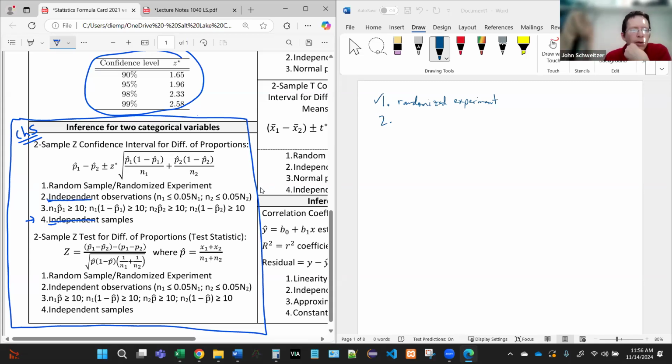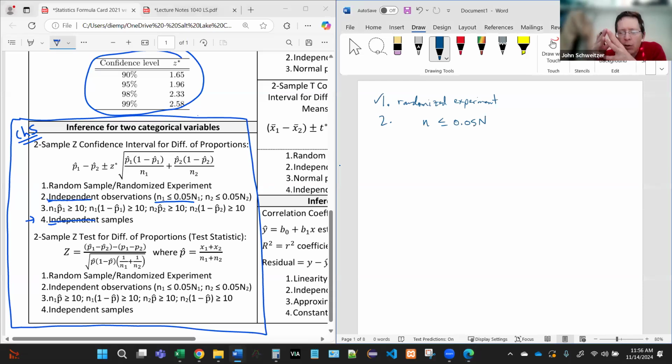Okay, so the rule of thumb, just like it was in chapter 3, is that the sample size has to be less than or equal to 5% of the population size. If that holds, then there's a really good chance that the penguins in the sample are unrelated to each other. Okay, so that sample size, remember, was 10. So let's just put the 10 in there like that. So that should be 200, right? Are there more than 200 penguins?